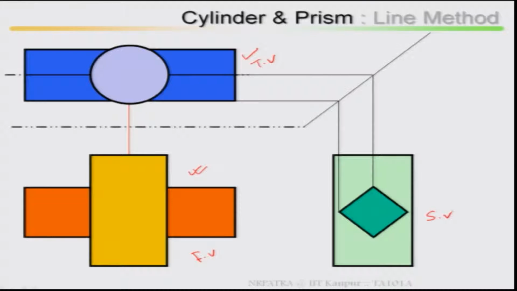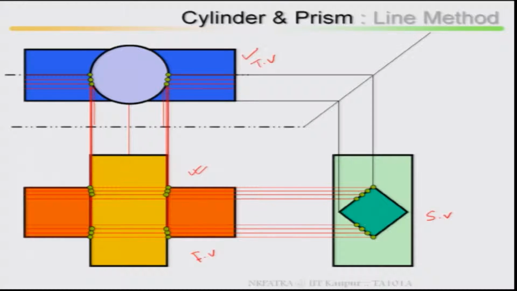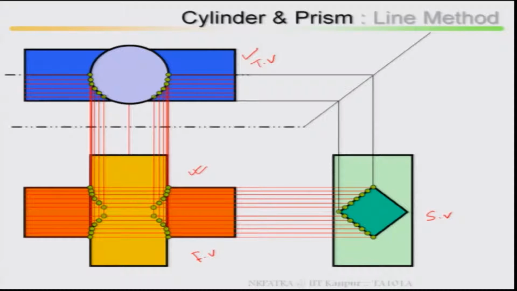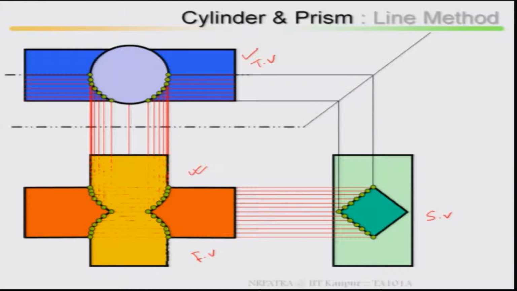and from there with the side view take the lines, mark the points top and bottom, then project it back to your front view, project it back to your top view, and these intersection points you mark. Take additional points here, take many points 1, 2, 3, 4, 5, 6, 7, 8, because this is one side, this is the other side, this is symmetry, you can take symmetry also. Then mark the point of intersection, one by one you mark it. Look at how it looks.